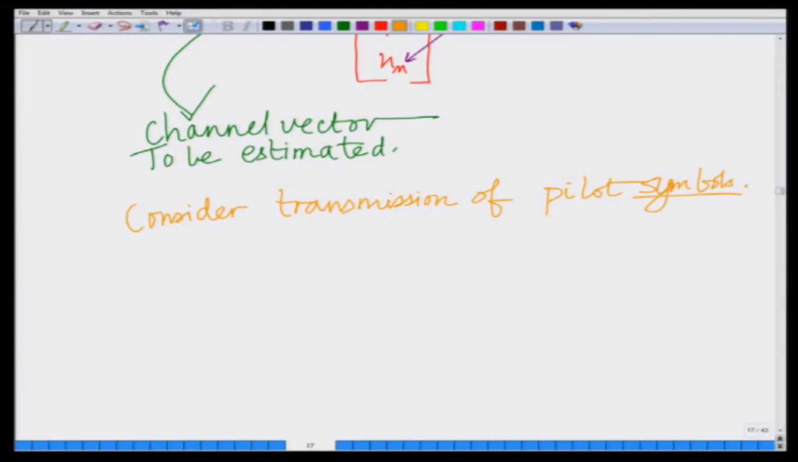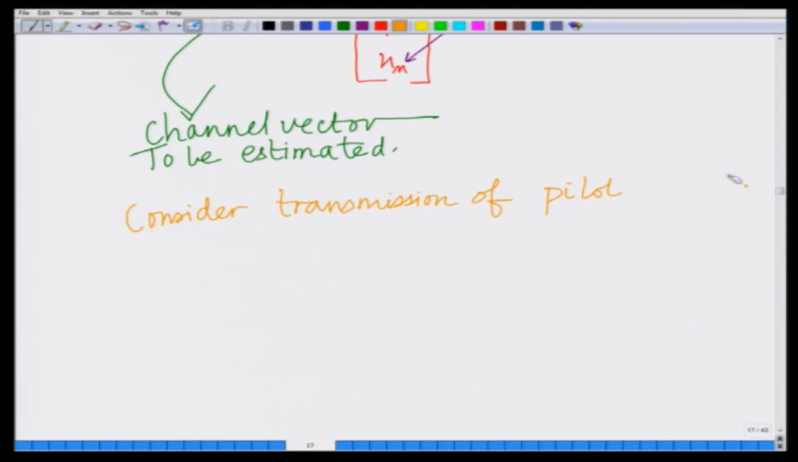However, I have been slightly inaccurate because we have multiple antennas. So, we need the transmission of one pilot symbol from each transmit antenna. So, rather than pilot symbols, we will actually be transmitting pilot vectors, where the vector of transmitted symbols corresponds to one transmit symbol from each transmit antenna. So, we will talk about pilot vectors, right. So, let us consider the transmission of pilot vectors, and in fact,